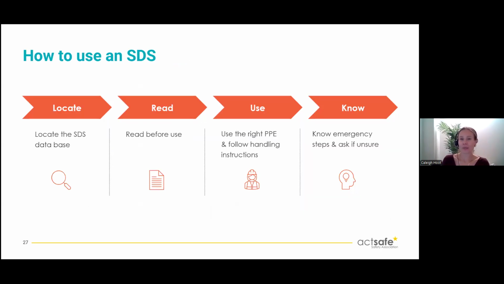Okay, so how do we use an SDS? Before we even use a chemical, we want to know where the SDS is. That could be in a binder, that could be online. We want to be able to access it super easily. Take a moment to read it. Even if you've used this chemical before, there might be some new information, there might be changes, there might be PPE requirements that you didn't know about. Just have a look. We want to check, like we said, what protective equipment you may need. That could be gloves, goggles, respirators. And then we want to make sure you have all of that before you start working with it.